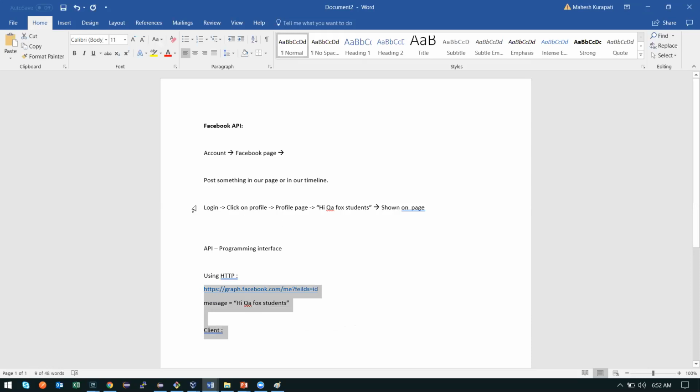So we are doing the same kind of flow using the user interface as well as the programming interface. We will see how we can achieve this using the URI and providing the message using any client like Postman or Swagger. Any of the clients can make this happen in Facebook. So I hope you understand the basic thing about the API and how the Facebook API works. We will dig deeper into the Facebook APIs, and